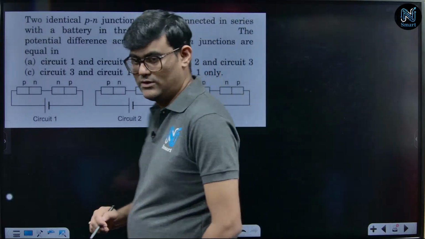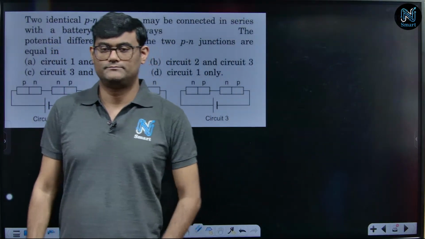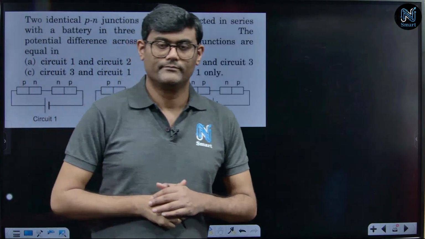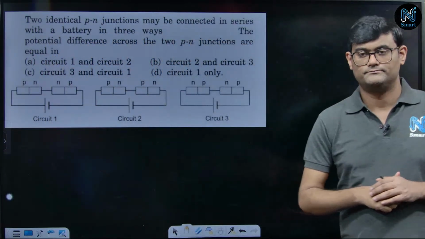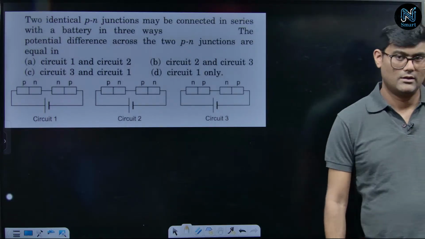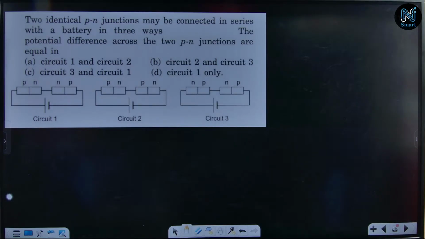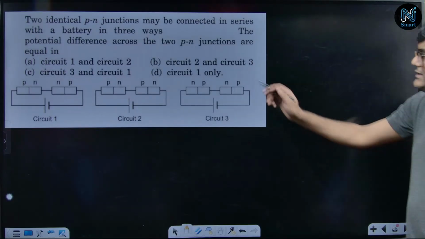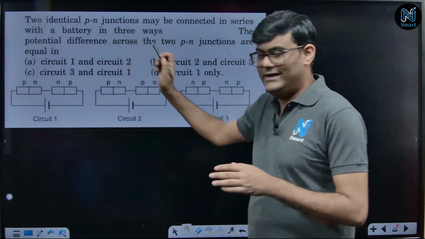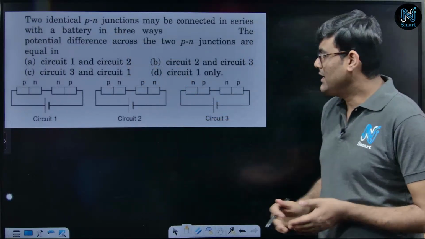Let us solve this question again. Students, think about this question. এই কোয়েশ্চেনটা বলছে যে দুটো আইডেন্টিক্যাল পিএন জাংশন রয়েছে, তাদেরকে আমরা সিরিজে কানেক্ট